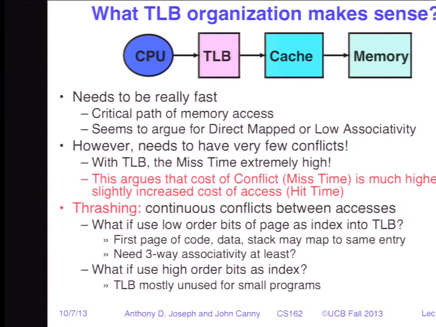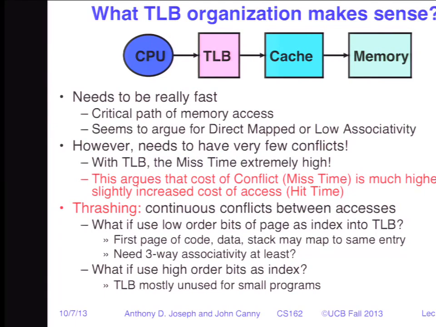Fully associative TLB. The problem we can have is if we have to pick some bits to use as our index. If we pick the low order bits to use as the index, then we'd have lots of collisions between the different regions of a program. The first page of code, first page of data, first page of the stack, and the second page of code, second page of data, second page of the stack would all collide. So we'd need to have at least three-way set associativity to make this work, and a good replacement